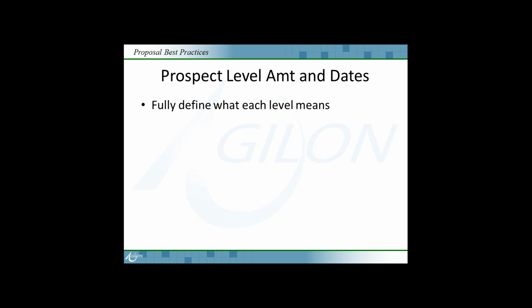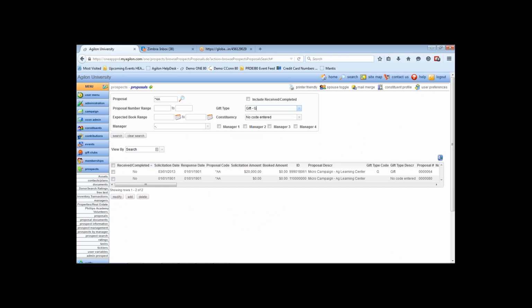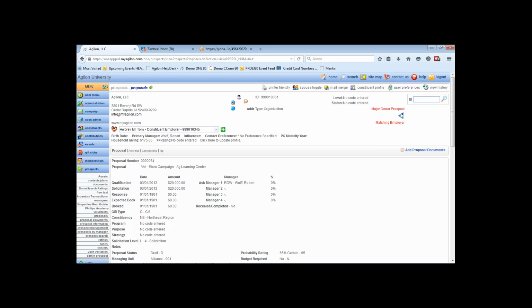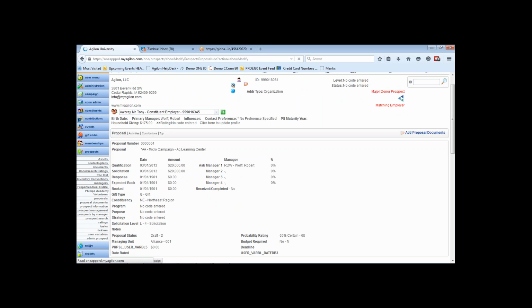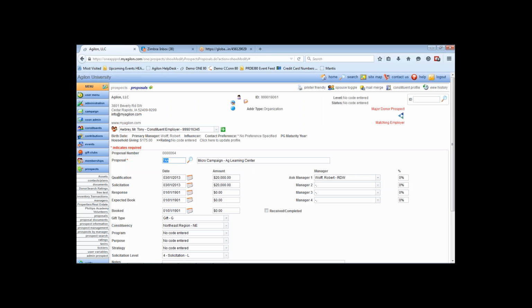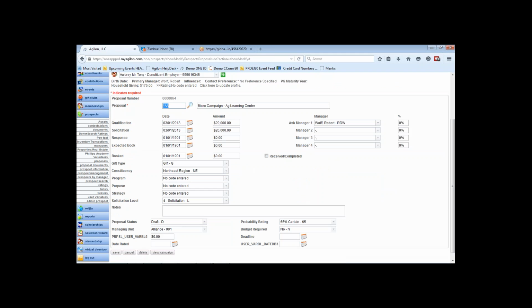Well, let's look then at the prospect levels. And this is one of those, as I go out and talk to all of you about proposals and turning them on, or even the initial training, there's always a lot of discussion that happens around these particular fields. Let's go ahead and look at a proposal. So these levels always come with a date and an amount, and they are qualification, solicitation, response, expected book, and